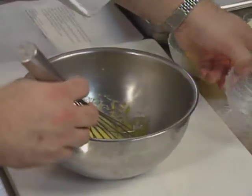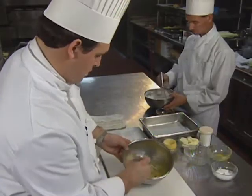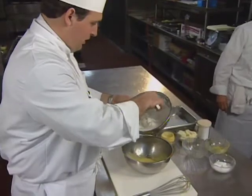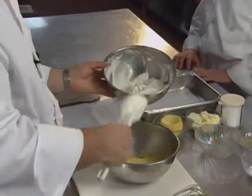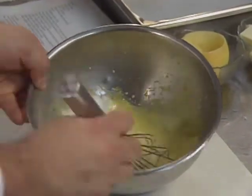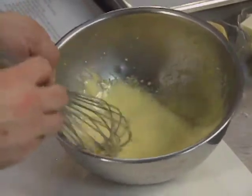Now we reach this point, we'll again add in a tablespoon of Calvados. And now that that's been nicely incorporated, taking the egg whites, we'll take a small amount and briskly whisk that in. Taking approximately 1/4 of the egg whites. Once this has been nicely incorporated,